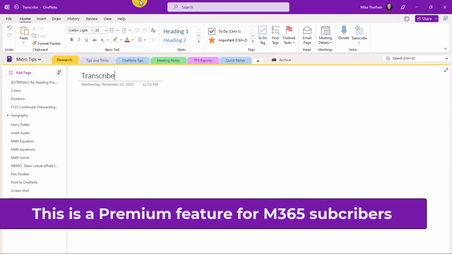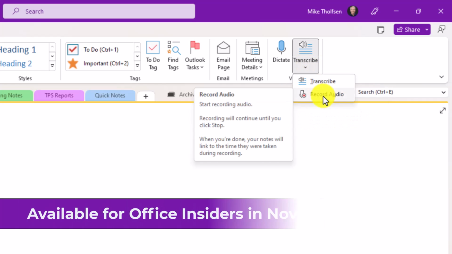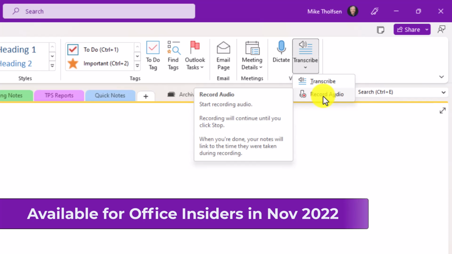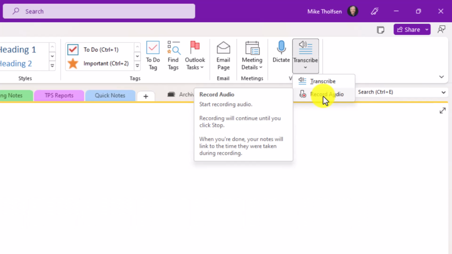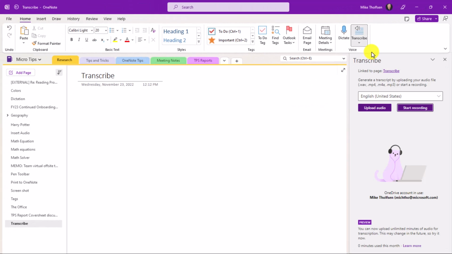So on the Home tab, I'm going to go choose Transcribe. Here, it can drop down and you can also see the record. Audio has actually been merged into this menu. It used to be on the Home tab, and now it's under Transcribe. So if you want to record audio like you used to, that's where this button will now live. I'll choose Transcribe, and it opens up this new pane on the right-hand side,